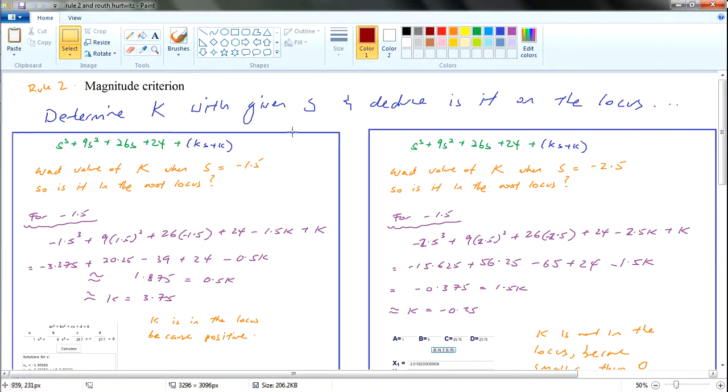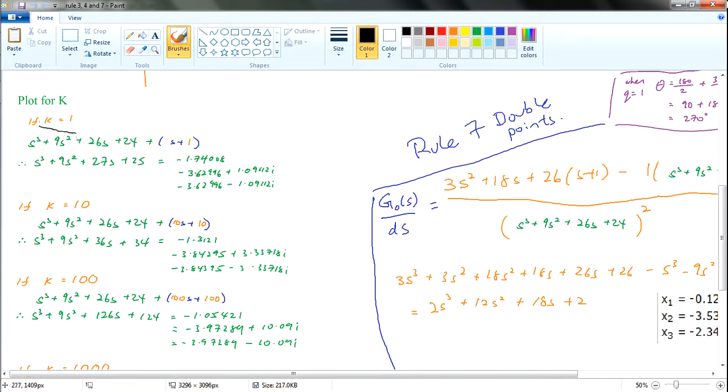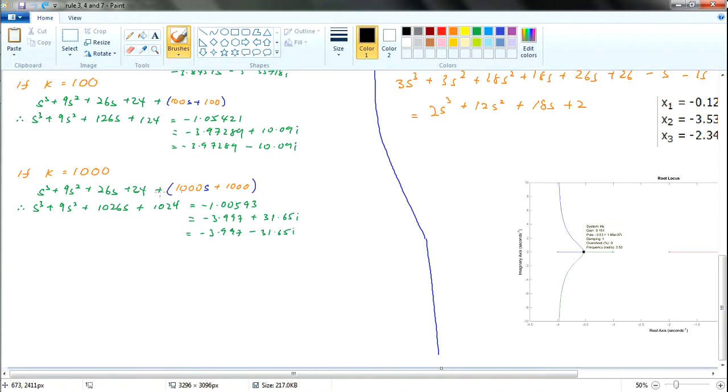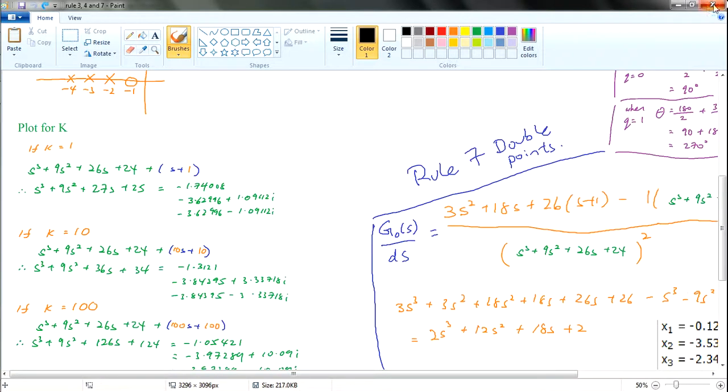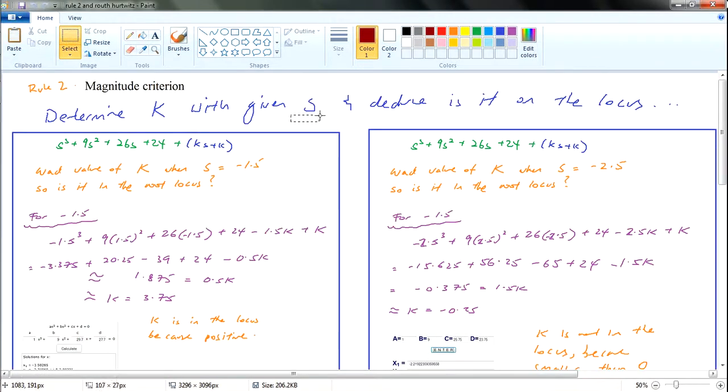But I will go through the concept of what if we are given a certain value of s, how can you find the value of k? In the previous video we did a lot of what if the k value is equal to something. We can use this, do some equations, and then find our 3 roots. But in this case, what if you are given s? So how do you want to find k?